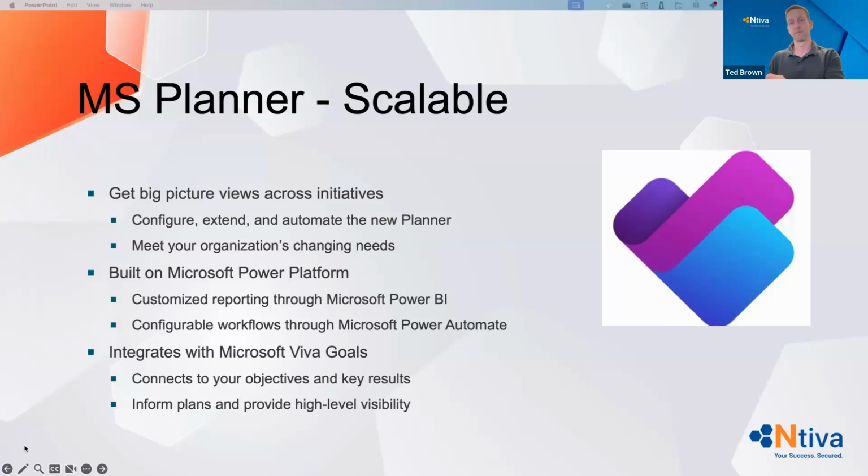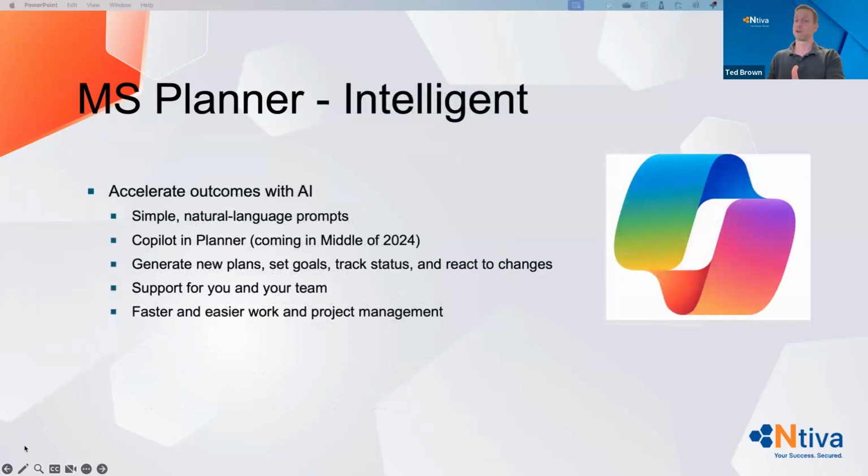And lastly, Microsoft Planner is intelligent. It can incorporate AI now, Copilot in Planner, which is coming in the middle of 2024. In fact, it might already be rolled out to your tenant. They're doing a big sweep of rolling this out to everybody. It's not available in ours, so I wish I could show it to you today, but this is coming, and should be fully rolled out to everybody probably into Q3, is what I'm thinking,